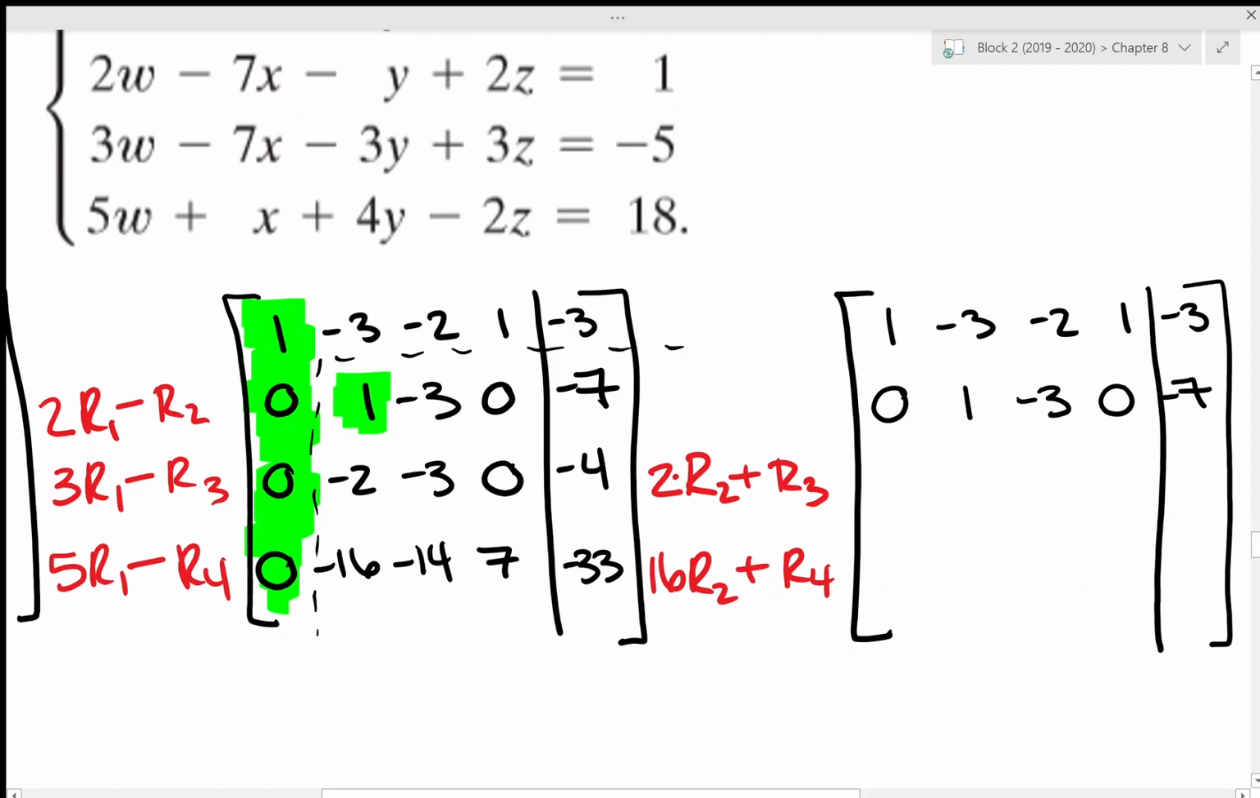So 2 times 0 is 0, plus 0 is 0. 2 times 1 is 2, plus negative 2 is 0. 2 times negative 3 is negative 6, plus negative 3 is negative 9. 2 times 0 is 0, plus 0 is 0. And 2 times negative 7 is negative 14, minus 4 is negative 18. Now, the next one, I know I'm going to get a 0 here. 1 times 16 is 16, plus negative 16 is